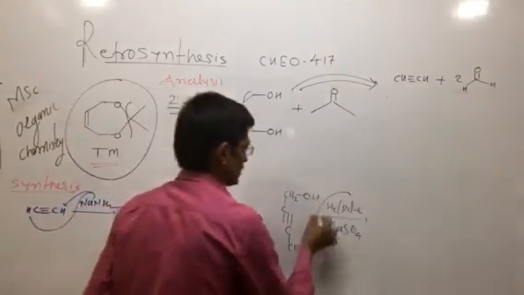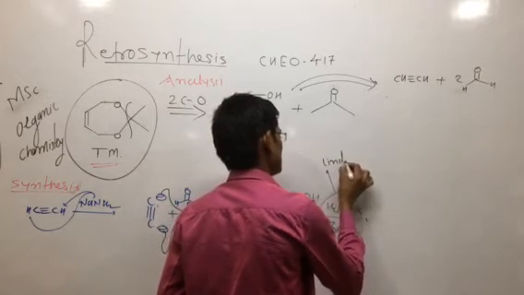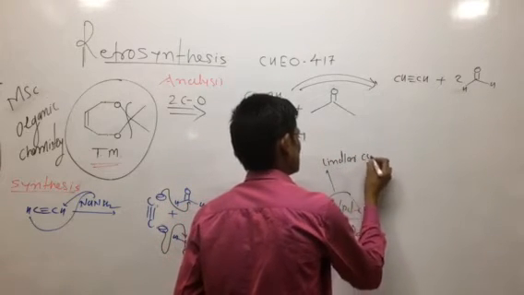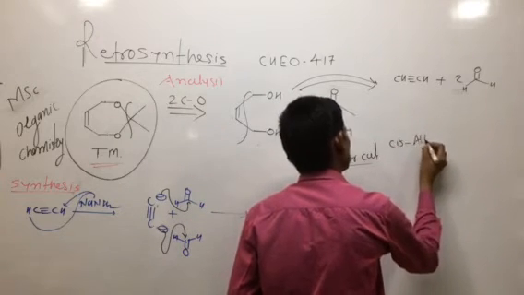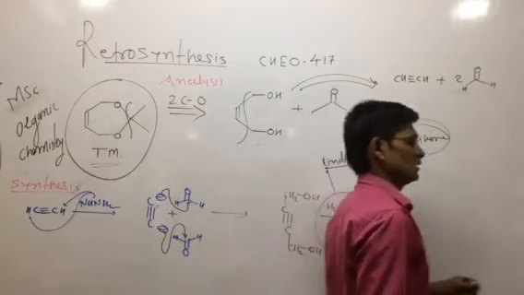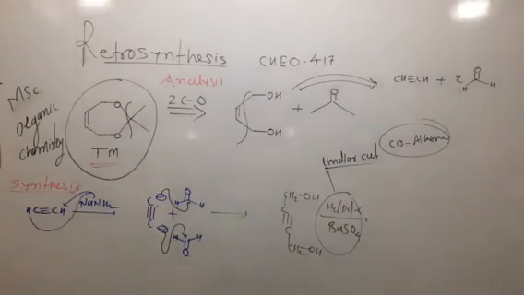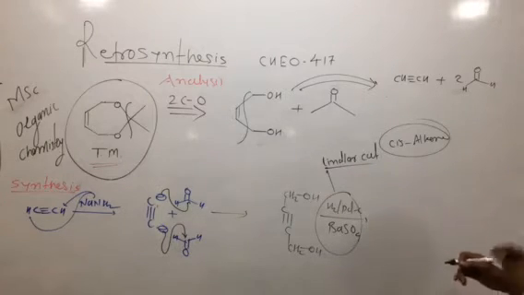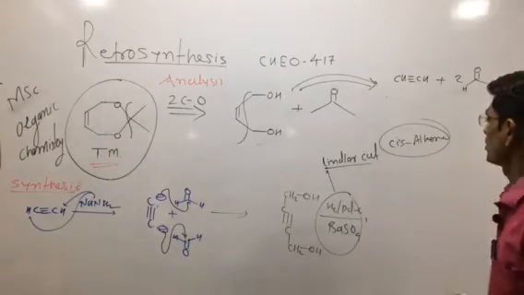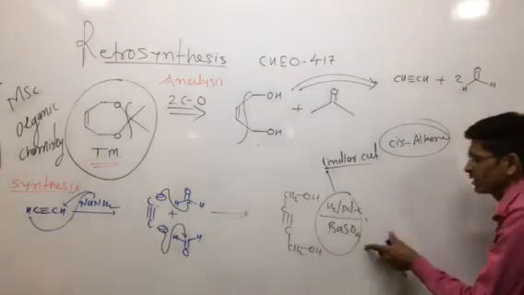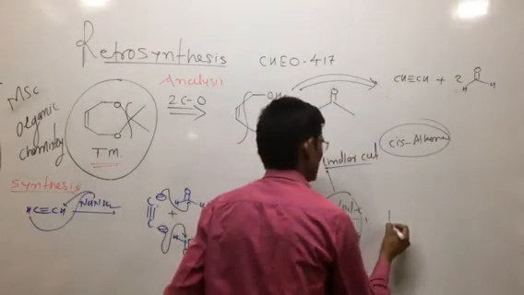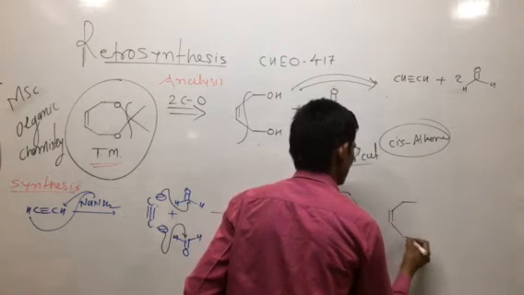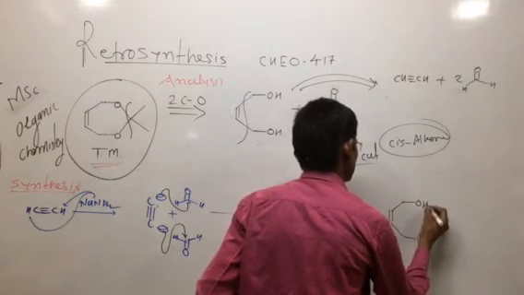This type of reagent is the Lindlar catalyst. By using the Lindlar catalyst, cis alkene is formed. Using the Birch reagent, that is sodium in liquid ammonia in ethanol, trans alkene is formed, but here by using the Lindlar catalyst, cis alkene is formed. So the alkyne is converted into a cis alkene. So there is formation of these types of species.